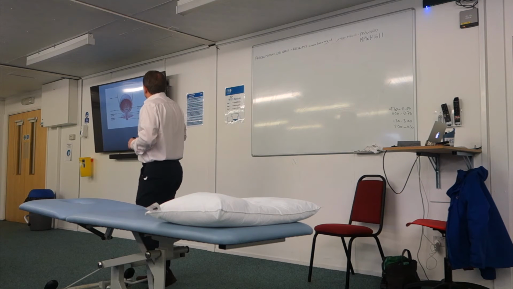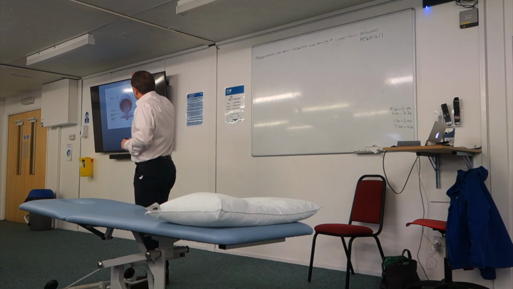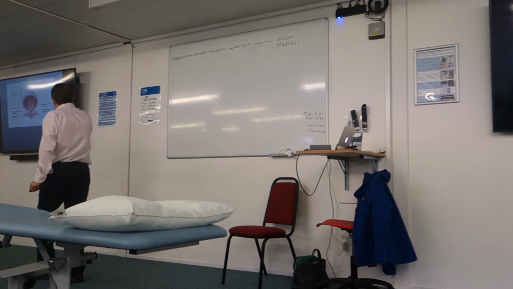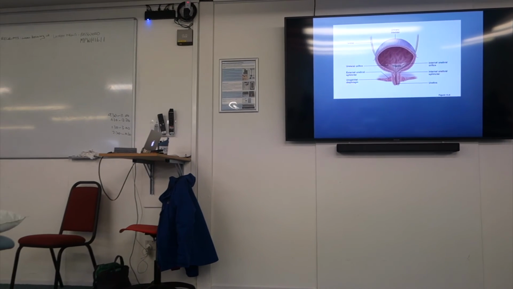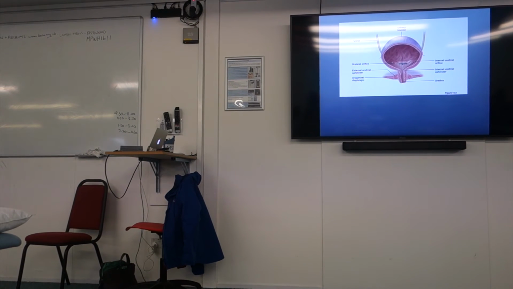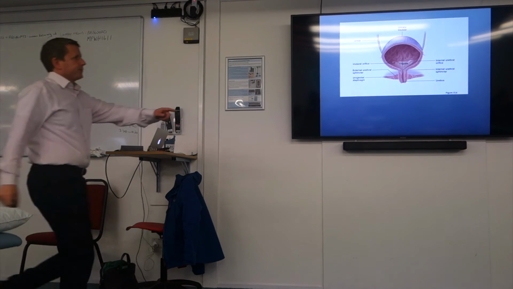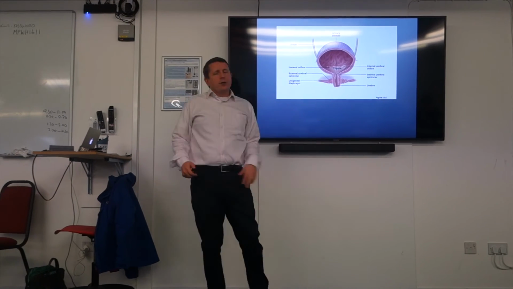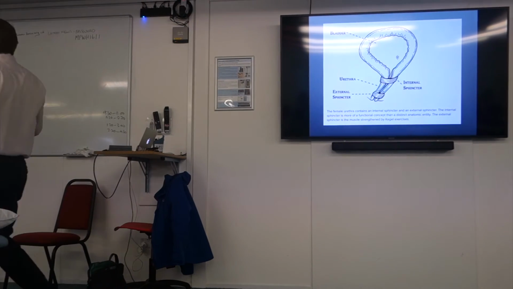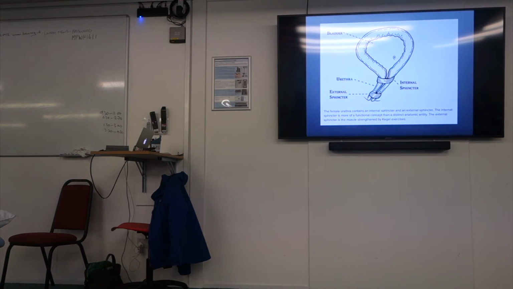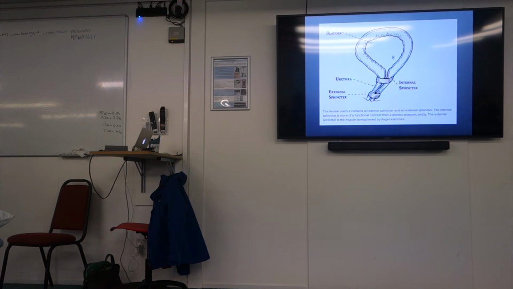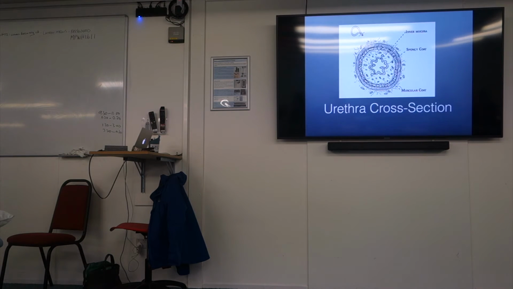So these are just looking at the different cross sections, where what really forms this external sphincter is this ring of muscle that sits within this thick membranous area which I was talking about before. You have this striated muscle which is under voluntary control here. Okay, so that's quite easy to think about. We can picture that. We've got the two sphincters and we think, yeah, okay, I've got that all clear. But there's more. If we look at this as a cross-section of the urethra,